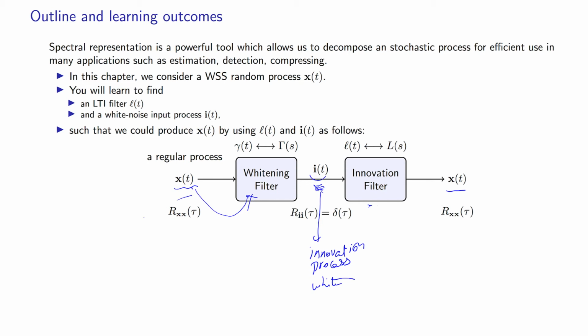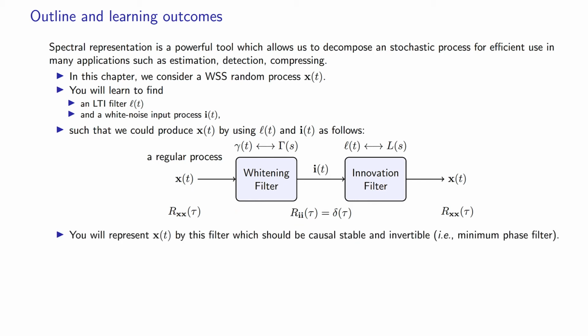So this relationship requires that this should be white, its power spectral density should be delta of t, and then you have L of t and so on. You write the power spectral density relationship between these three autocorrelation functions, and we have three. So we get two equations, and then we'll be able to solve this problem. So you represent x of t by this filter L of t,